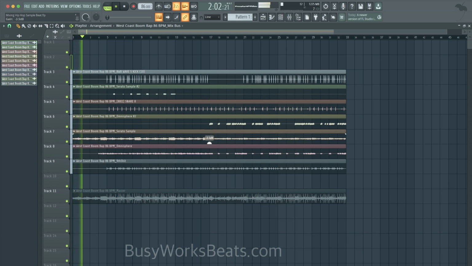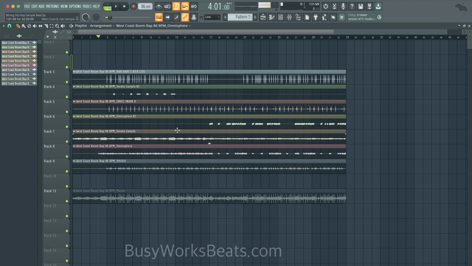Let's turn down this sample. Turn up the bass. So I want to prioritize different sounds. For this type of West Coast beat, the snare is usually priority, and then the kick, and then the bass. So that snare is nice and loud. Let's turn up the kick a little bit. Don't worry about levels right now.